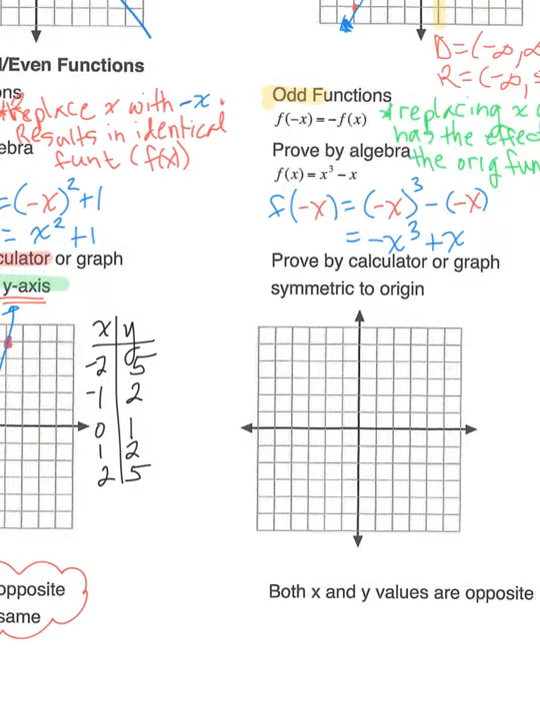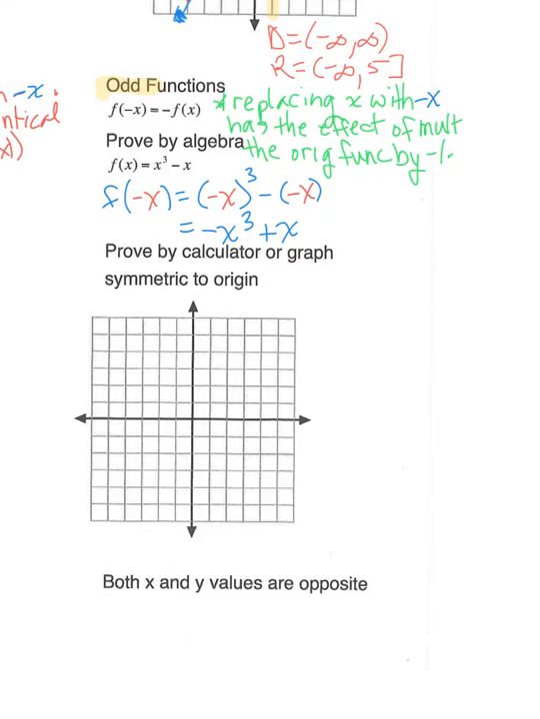Let's look at the odd function. So we can again prove by calculator. So I'm going to highlight prove by calculator that we are symmetric to the origin. This time I'm going to underline origin. So I'm going to go ahead and graph this. And I use my calculator to help me graph this. So I put this into the y equals,